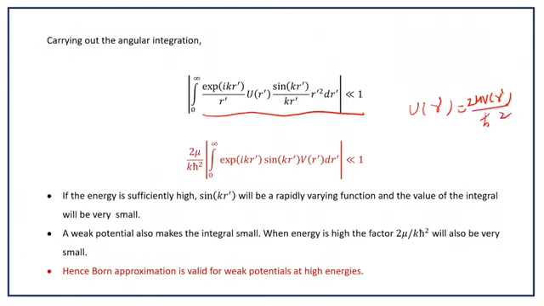Now according to this equation, for its validity, this term is very much less than 1. In this way, sin k r dash,